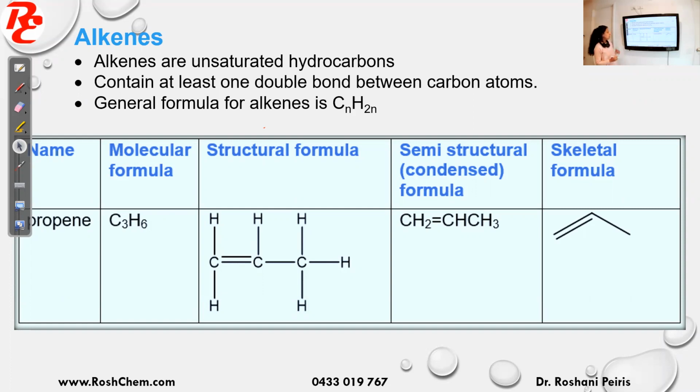So we'll take propene now. When I say prop, it's 3 carbons. Ene means the double bond, because they are alkenes. Now to the end, I add just ene. So propene. So you can have butene like that. So the molecular formula is C3, then hydrogens are twice, so H6.